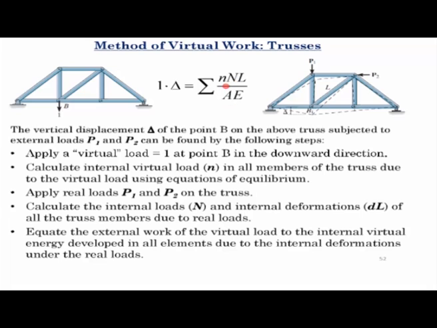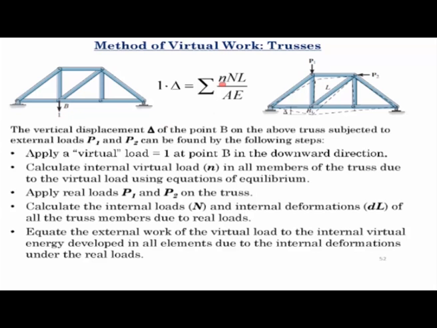That times the deformation of individual members due to the external applied load is small n times N into L over AE. If you add all the virtual internal strain energy in all the members, you will get the deformation of the truss at this joint B where the unit virtual load is applied. If you get a positive value from the terms on the right-hand side, that means the deflection of the truss is in the direction of the virtual load. If you get a negative value, it is in the opposite direction to the assumed virtual load.